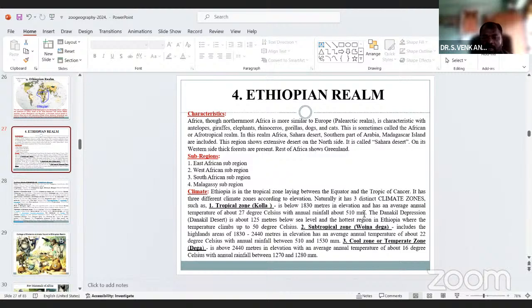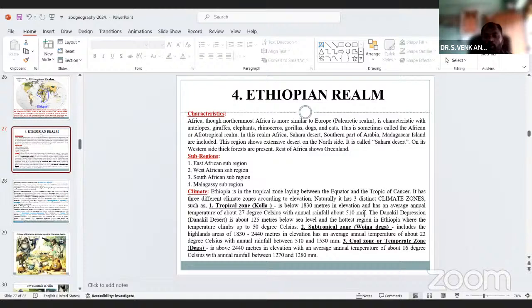The Danakil deserts are about 125 meters below sea level and the hottest region of Ethiopia, where the temperature climbs up to 50 degrees Celsius. The subtropical zone, including the highland areas of 1830 to 2440 meters in elevation, has an average annual temperature of about 22 degrees Celsius, with annual rainfall between 510 and 1530 millimeters.